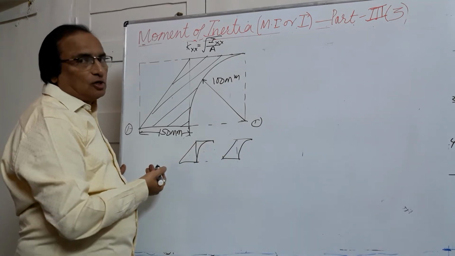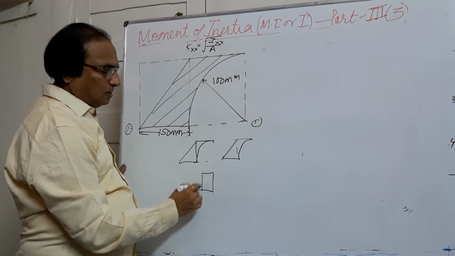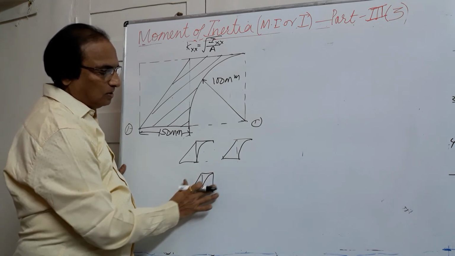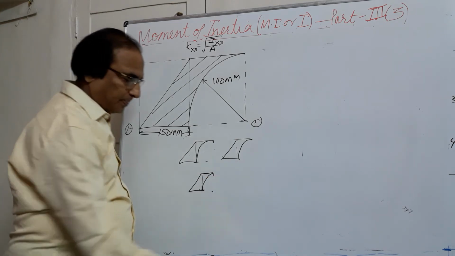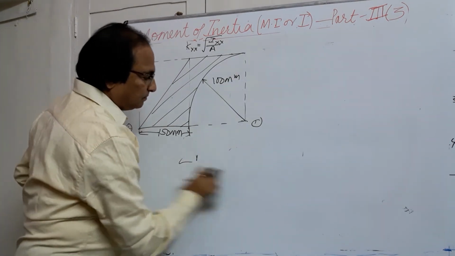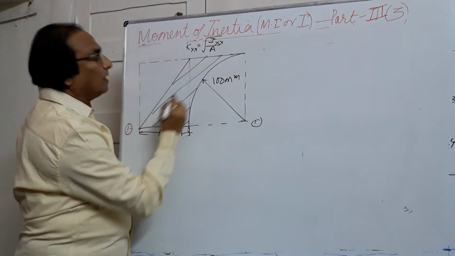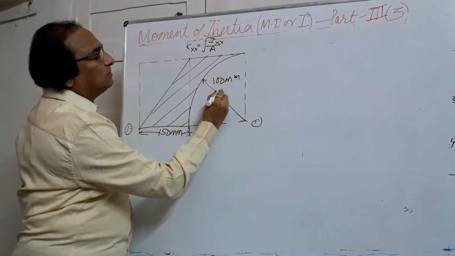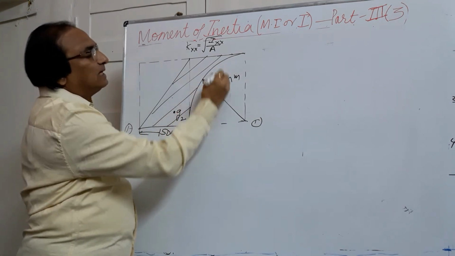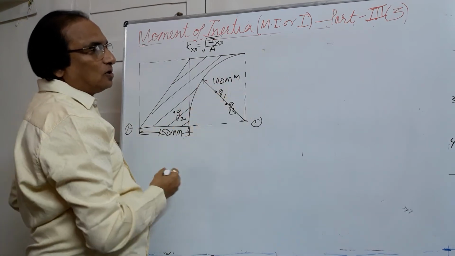These options are there with you. Let's go with the first option. You can choose any option. So I will take a square, to that square I will add a triangle, and from that I will punch out a quarter circle. So for that we need to draw the tabular column. So first let me take this square G1. To this G1 I am going to add this G2. From that I am going to deduct this G3. So we need to draw the columns.